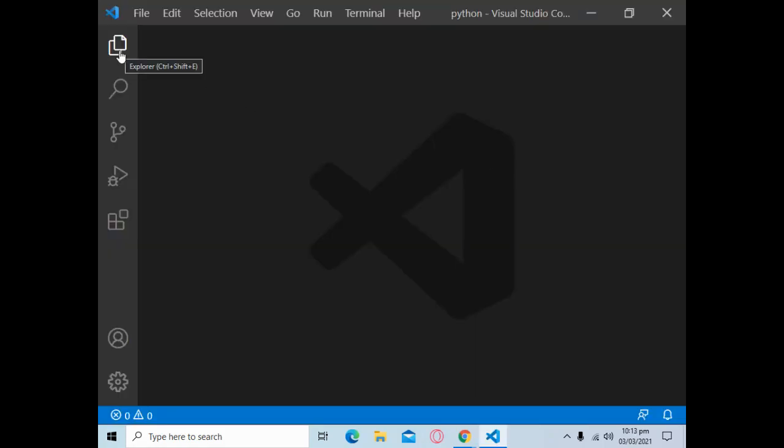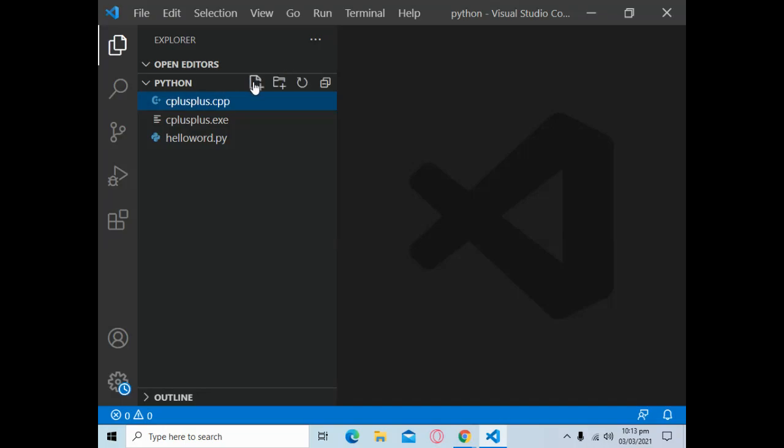Then simply click on this logo, and then click on this logo for creating a new project, and give some fancy name for your project here. I will be giving maddybrowser.py